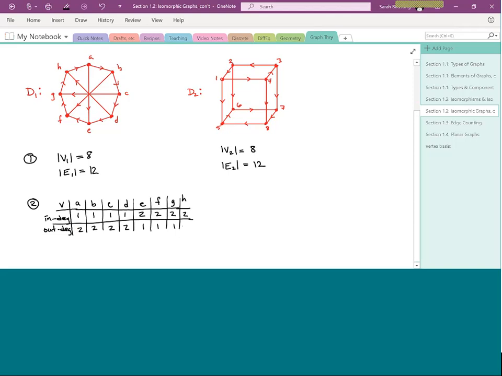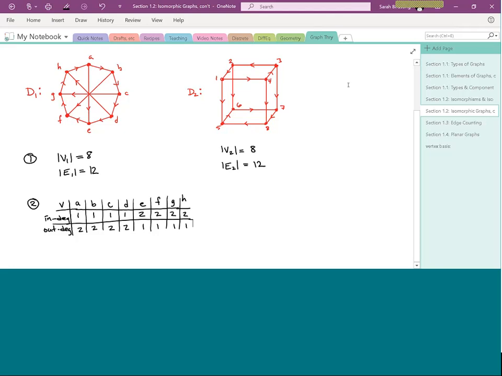And for the last 4 vertices, we're going to get an out degree of 1 because when we're over here, say we pick on F, the diagonal is coming in. We got one of the sides that look sort of on the polygon edge coming in, but only one going out. Now, if we try to do the exact same thing for our second graph, a graph that kind of looks like a box,